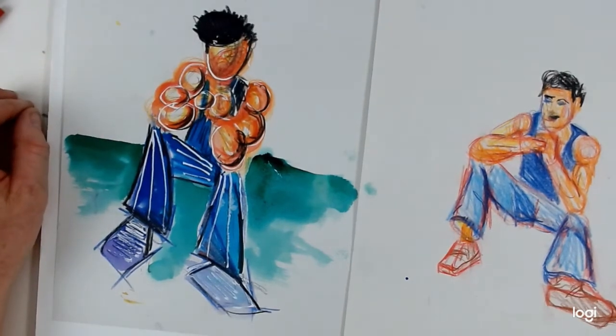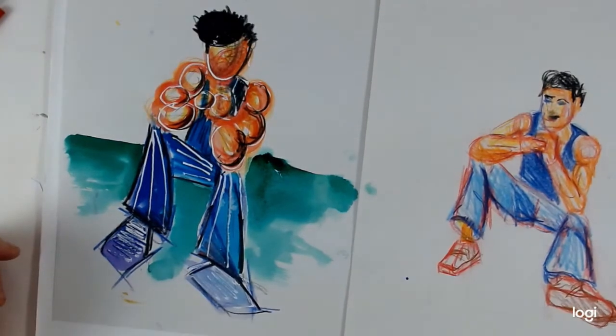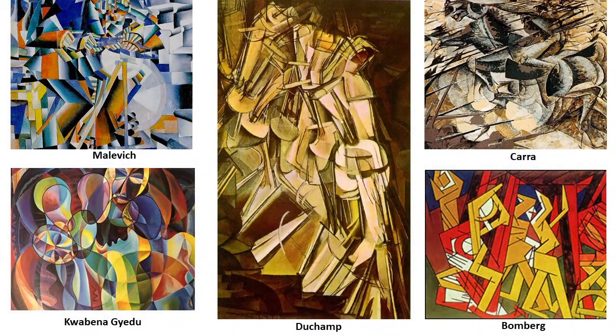Final thing we're going to have a look at is what if you overlay multiple images. So here we have a series of artworks which explore overlapping multiple figures. In the middle you can pretty much pick out the figure, as you can with Bomberg on the right bottom. The top one's by Malevich and Kara. It's a little bit harder to actually pick out the figure, but all of them exploring multiple figures overlapping to